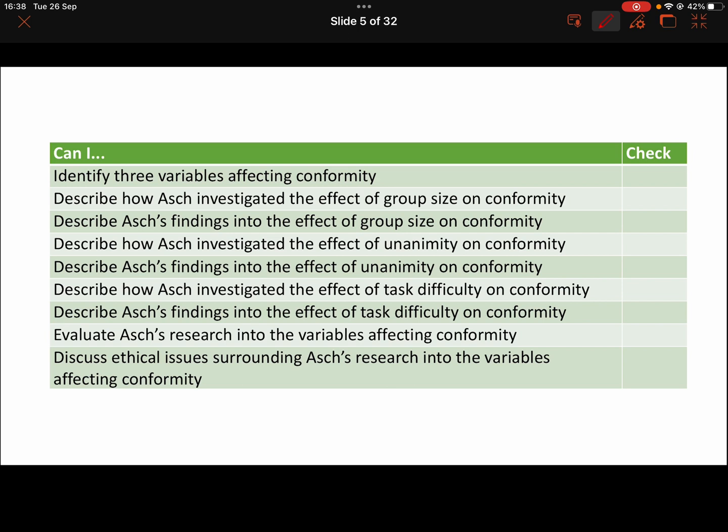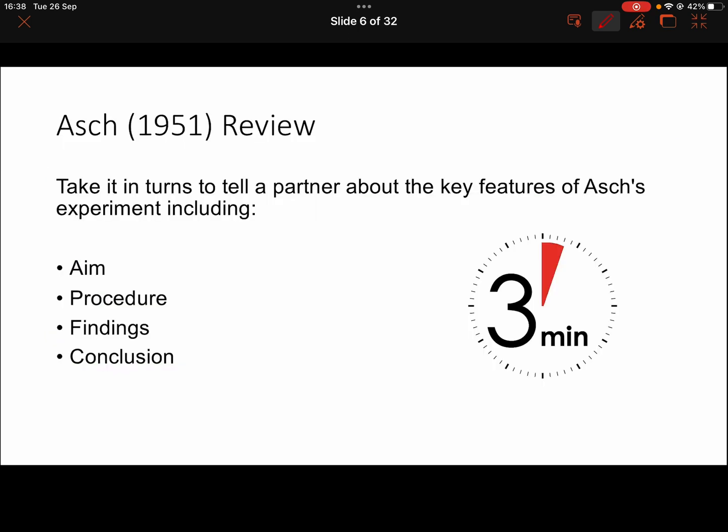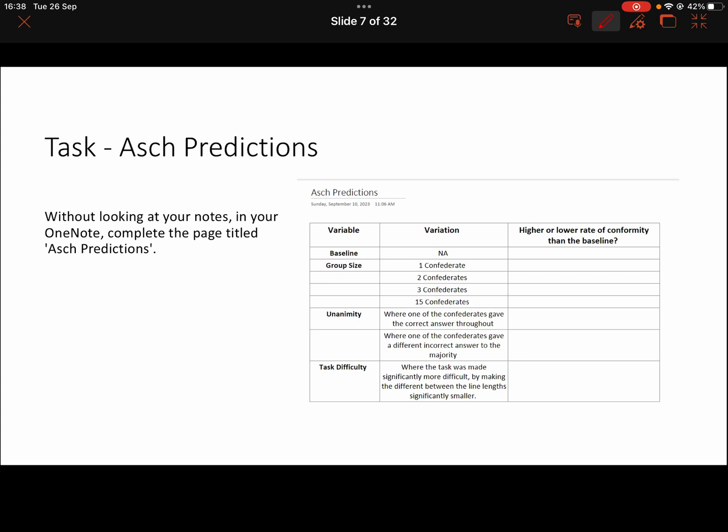So this is the checklist. These are the things that you need to be able to do. These are the things that you need to know for this topic. So I'd like you to complete your Asch predictions if you haven't already. So this is in your 1.2 section of your OneNote. What I would like you to do is consider